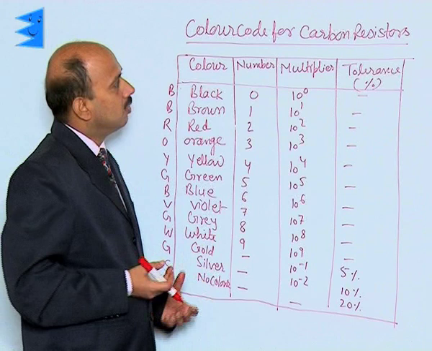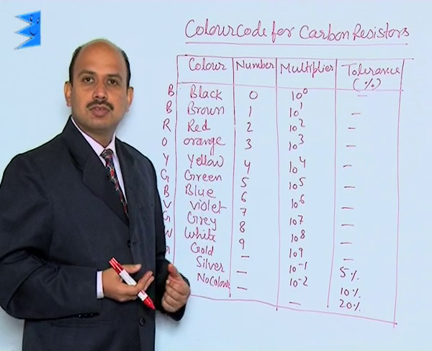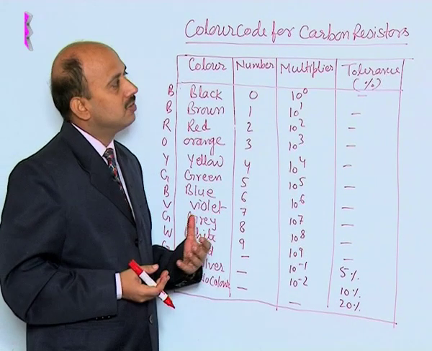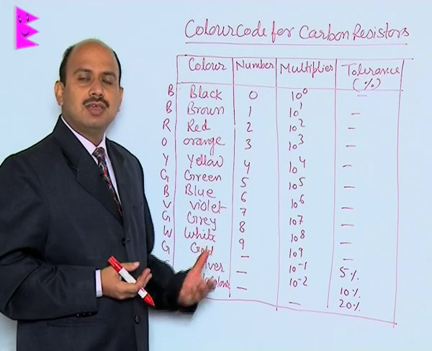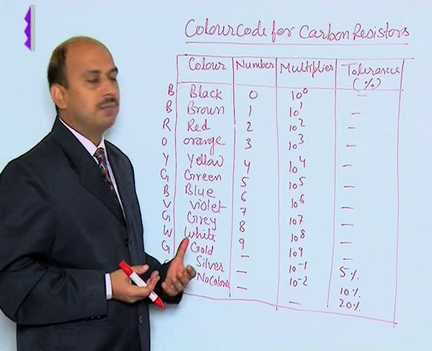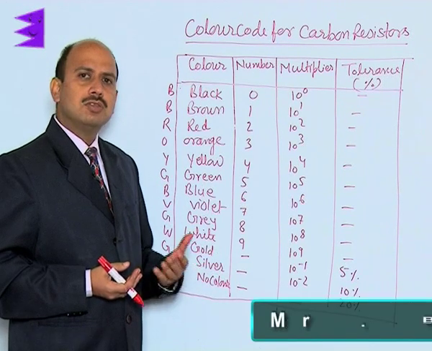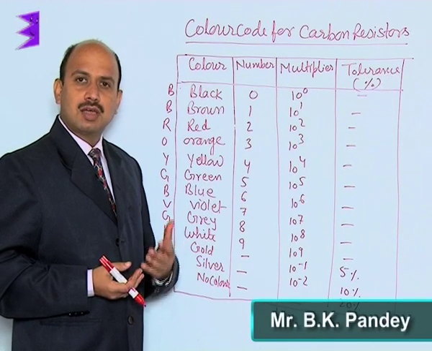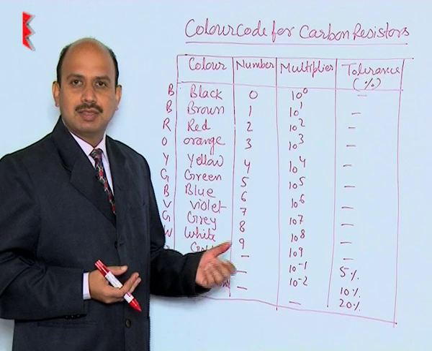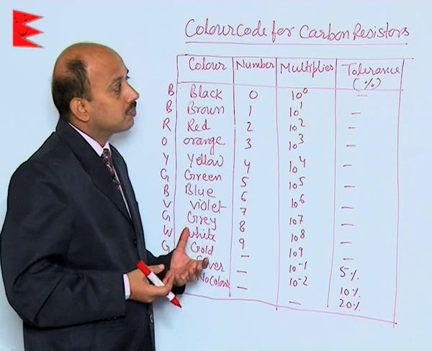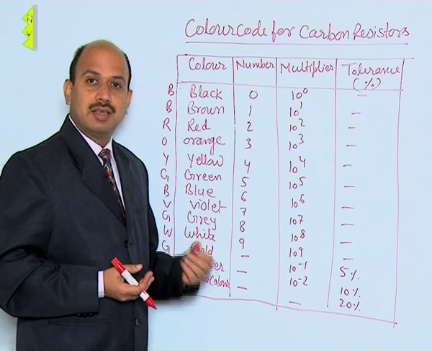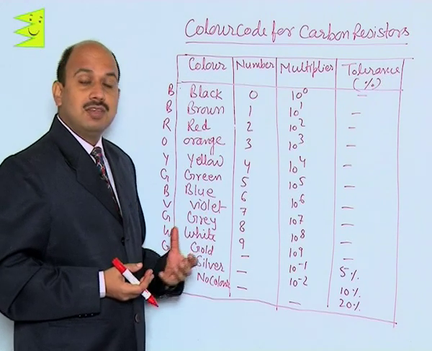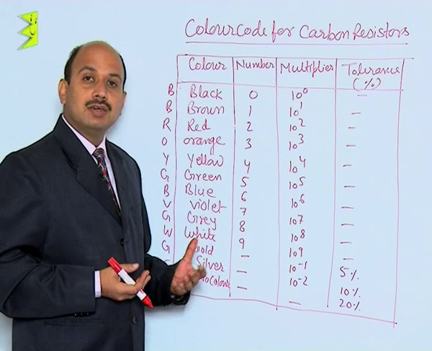So, now see a color code for carbon resistors. You know here the carbon resistors are the resistors which can have any value. So, basically the resistors of higher values are made of carbon, because carbon is compact and also inexpensive. Now, these carbon resistors have coaxial rings, and these rings are provided with different